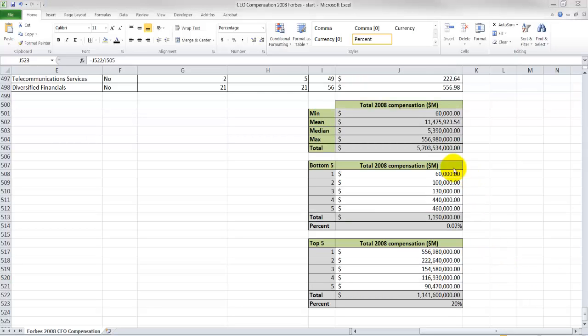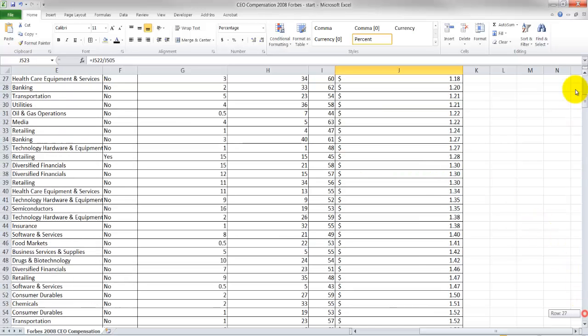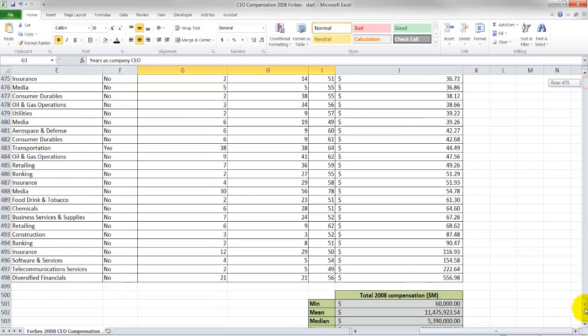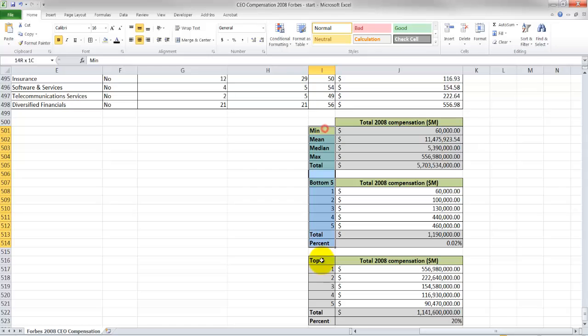Now, of course, we can quickly generate additional statistics if we were interested. We could, in fact, want information from the following columns, let's say years as CEO, age, and whatnot. If you'd like to do so, we can extend this table,